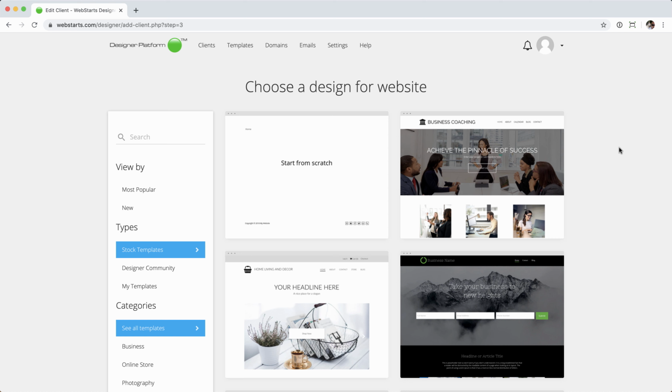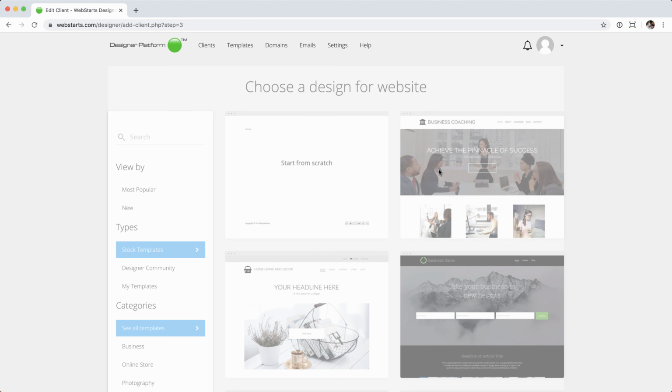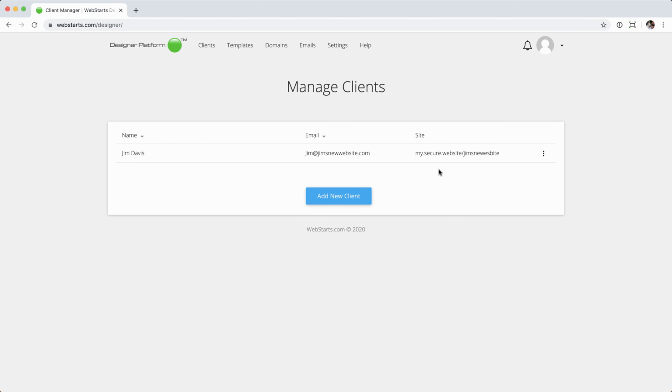But again, one of the biggest advantages of being a designer is being able to create and manage your own templates and being able to quickly choose one of those for a new client. But for this video, let's go ahead and just choose this one here. We'll click select. Once the site's been chosen, that completes the creation of the new client, and you'll be able to see that here: client's name, Jim Davis, his email address, and of course the new site URL,